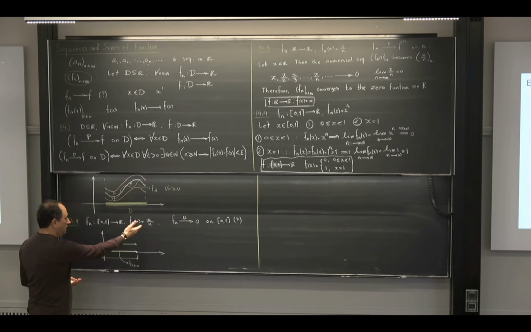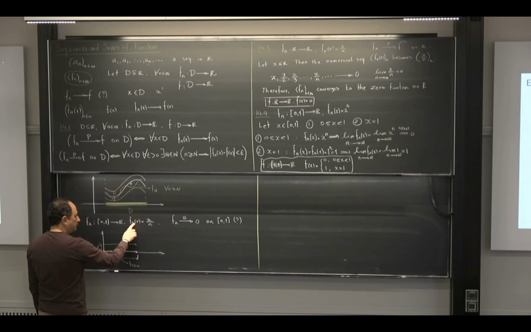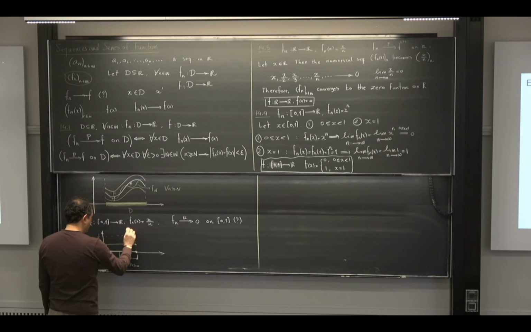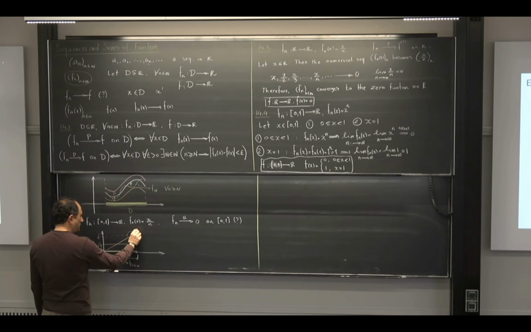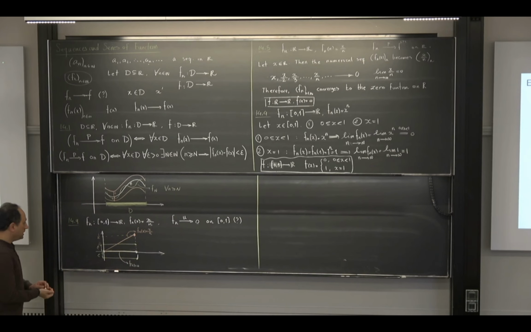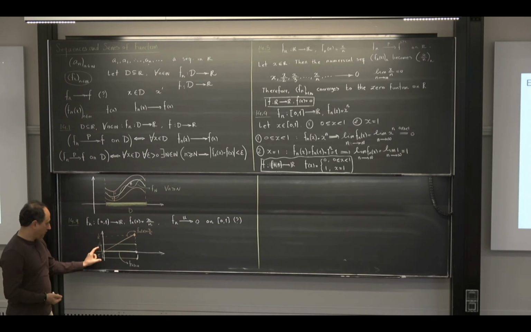Okay, let me fix one n and draw the graph of one of them. For example, n is a fixed number. This is a line that passes through the origin. So this is the origin. Let us say that I put 1, so f becomes 1 over n. Let us imagine that 1 over n is here, okay? So this is my line. Yes? If I ask you what is this one, this is the graph of f_n of x, which is x over n. Yes? So you see, this one already is sticking out from this band.